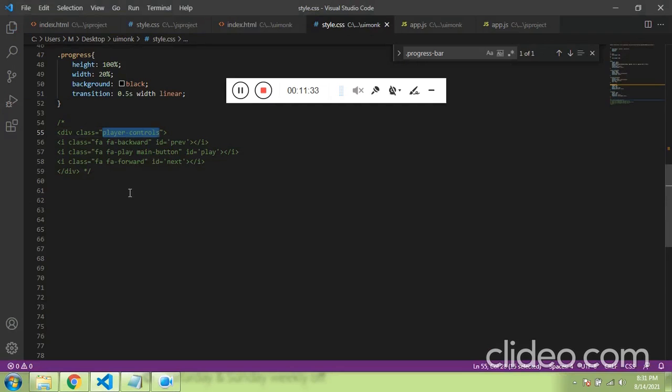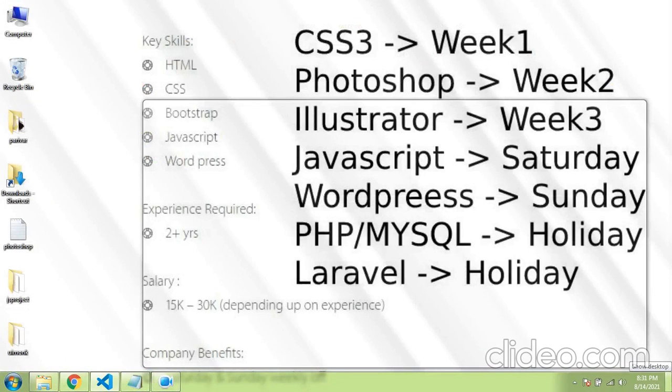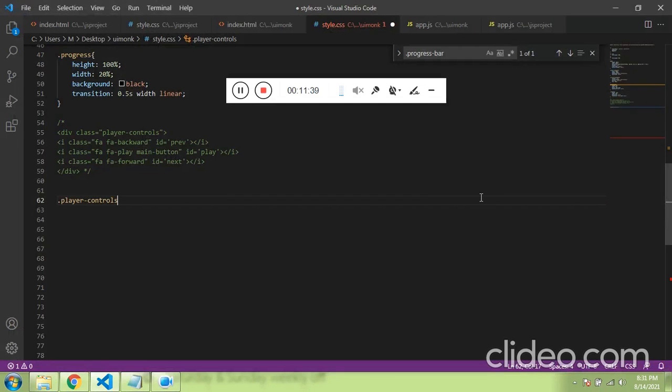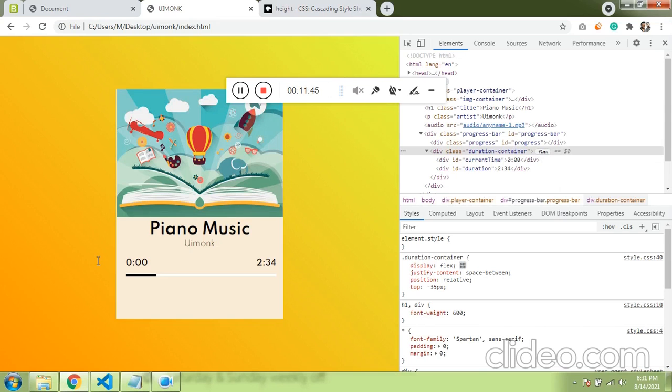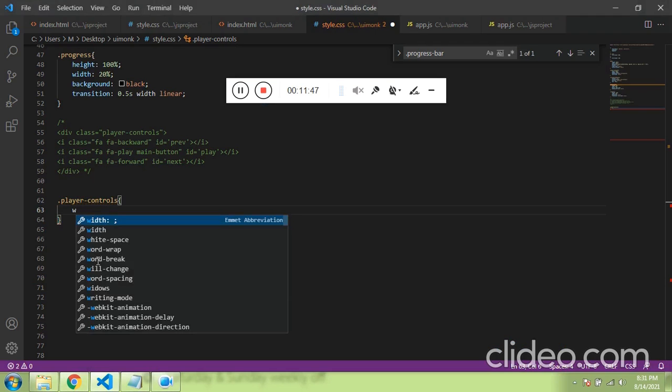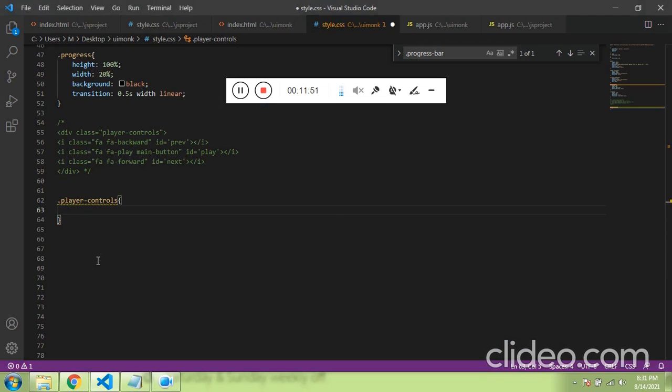Let's call this, and let's specify that width. We don't have to specify the width. We need to choose the font awesome class which is inside this.